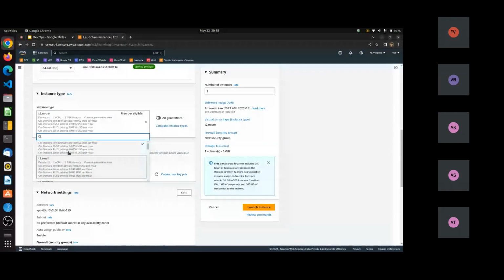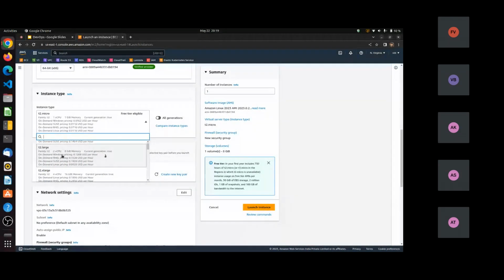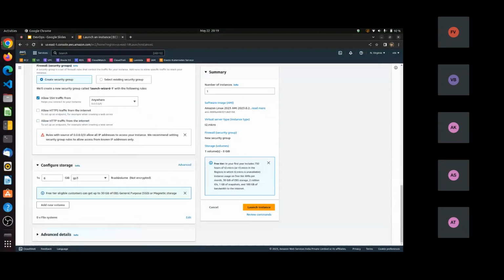Here we can see one CPU, 1 GB memory. Here we can select from the different types of instances, like 2 CPU, 8 GB memory. Like that, we can select from our use case. We can also configure the storage, and for the storage, we only have to pay for the storage we need to use.